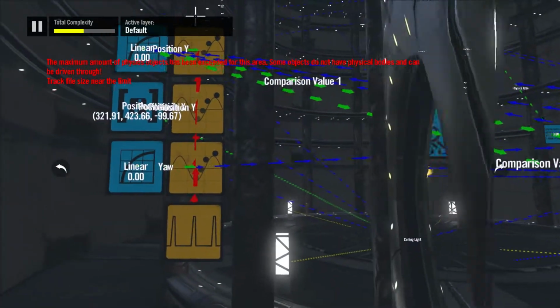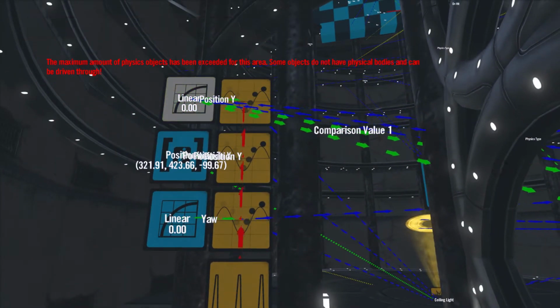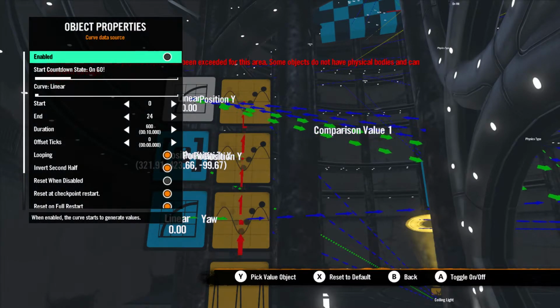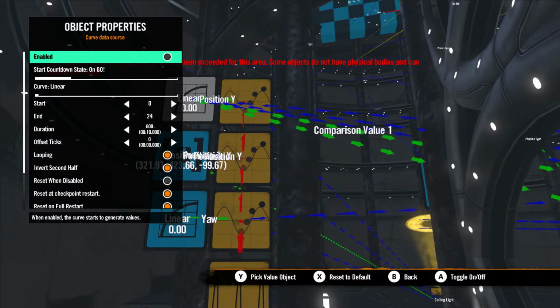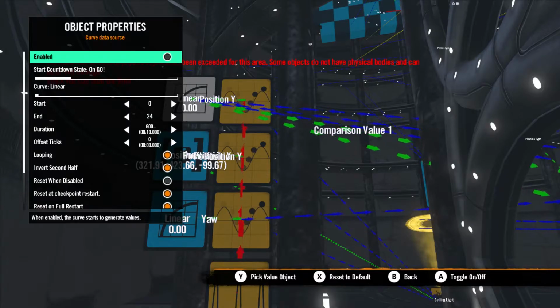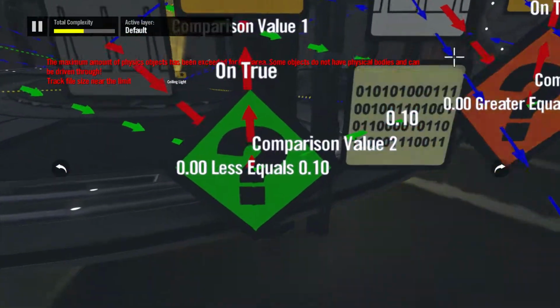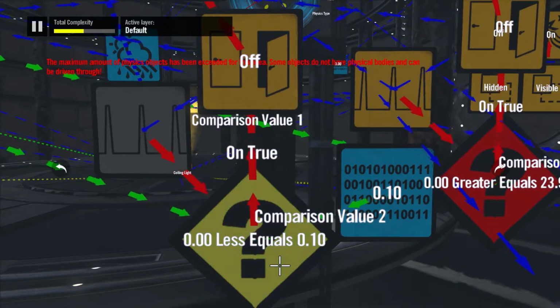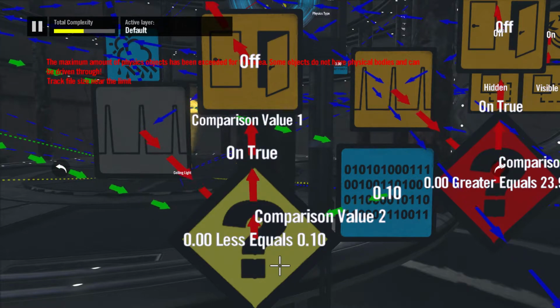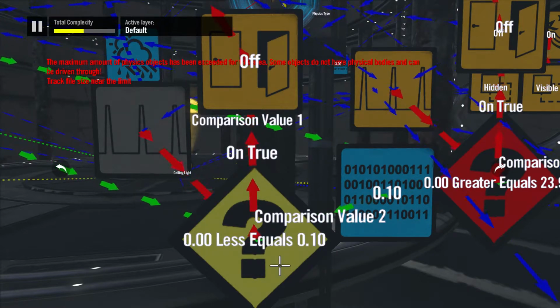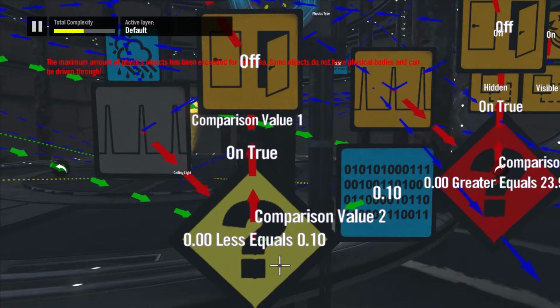Okay. Over here we have an animation, which is this elevator lift. Now the values are going too fast in this game, so you have to play test your elevator until it works. The elevator is going to go looping and second half. 10 seconds. So second half means half of 10, so 5. So when it goes up, it stops at 5, and when it goes down, it will go back to 10 and then reset, okay? But you can stop it at any time and make an elevator. And what I did is less than equals 0.10 because of that lag, but the values are going too fast. When it's less than equals, what that means is it's equals and then less than equals. So anything 10 or lower, it will stop the lift